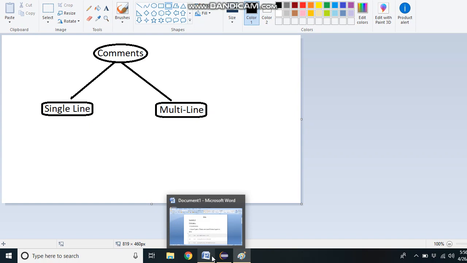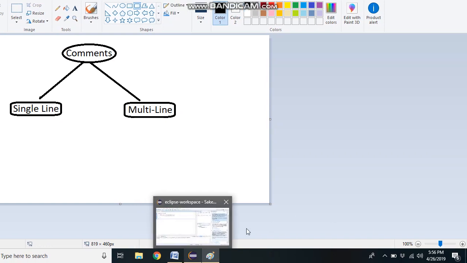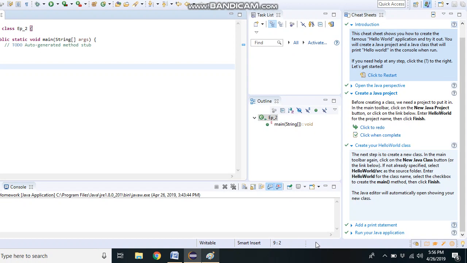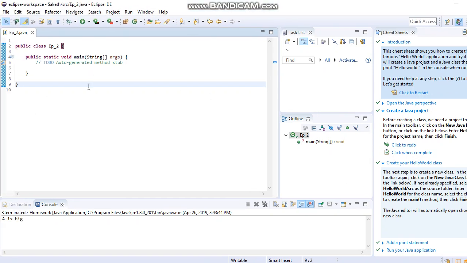So let's see how to use a single line comment. I'm going to open a code over here, episode 2 of Java. So let's write a code. This is a single line comment over here. It will not be checked by the compiler or compiled. So let's create our own code. Let's say hello world code. System.out.println hello world